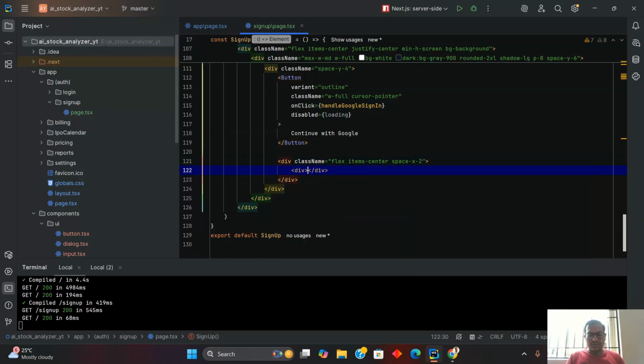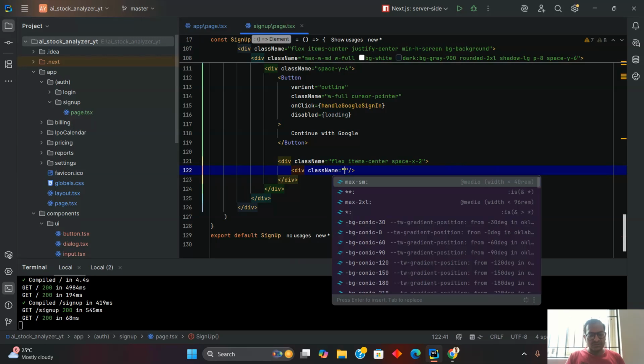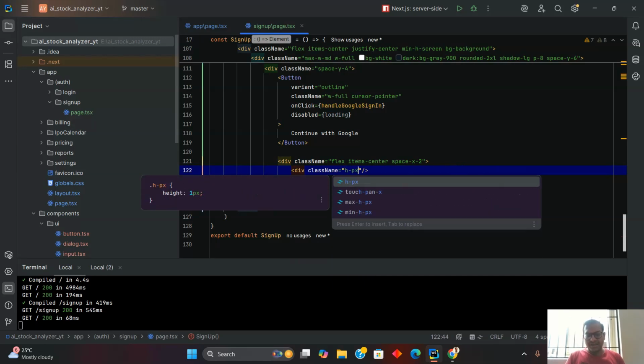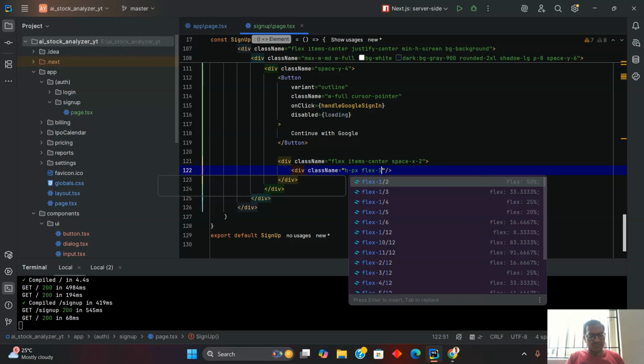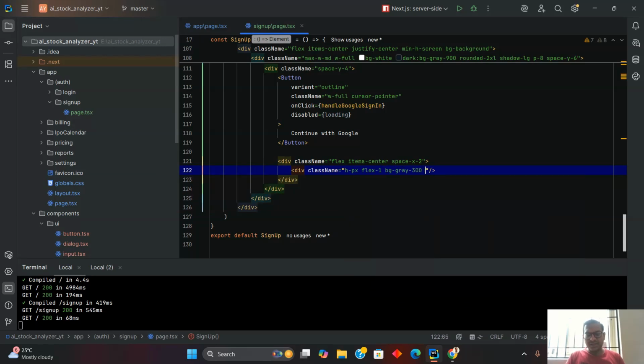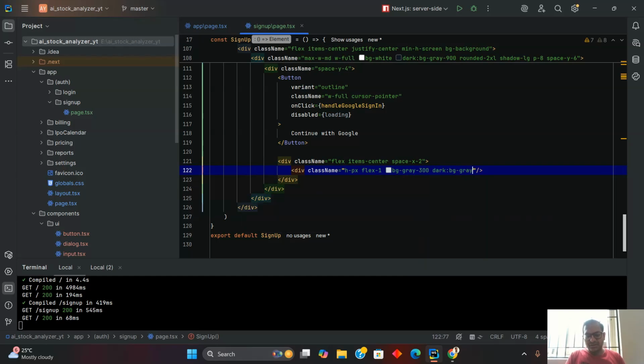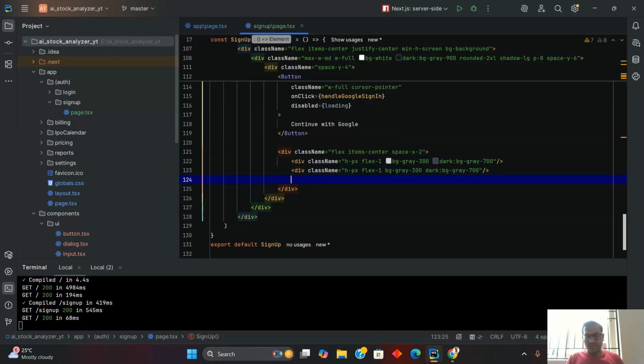Then create a div. This should be the self closing div, and give it a class name of hpx, flex should be 1, bg gray 300, and for dark mode bg gray 700. Copy it and paste it here. Then between these two divs, create a new div,